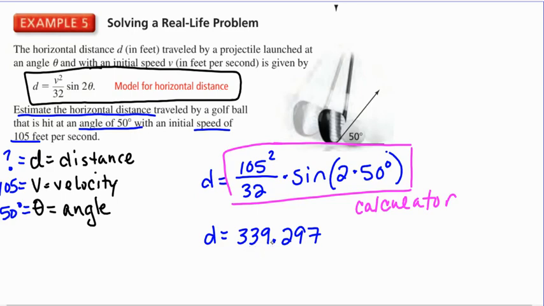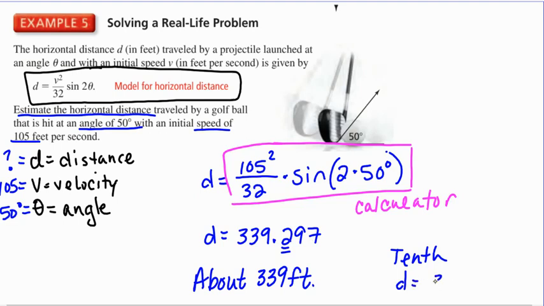I would round it to the nearest whole number and say that it is about 339 feet. If the problem says to the nearest tenth, well, that's easy. That's your tenths place, right? And the 2 would round up based on the 9. So that would be D equals